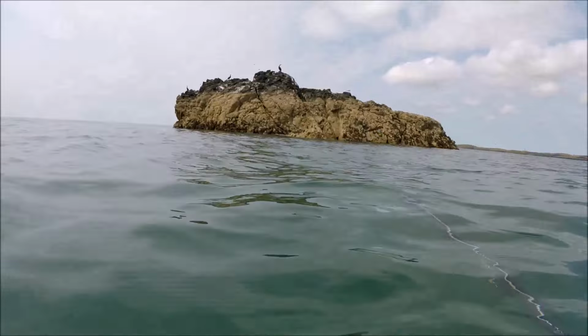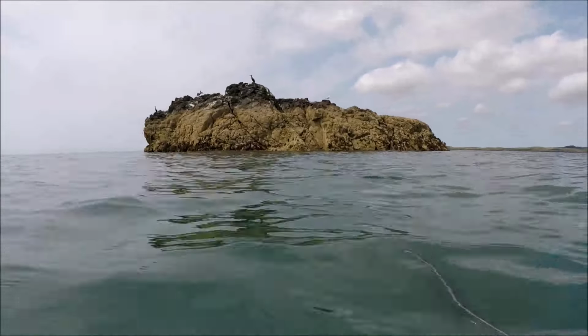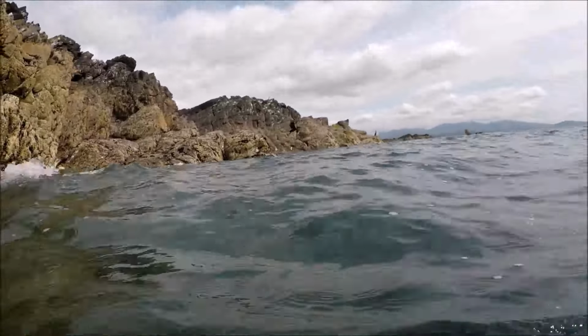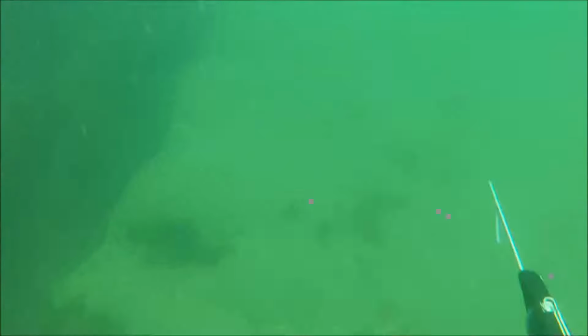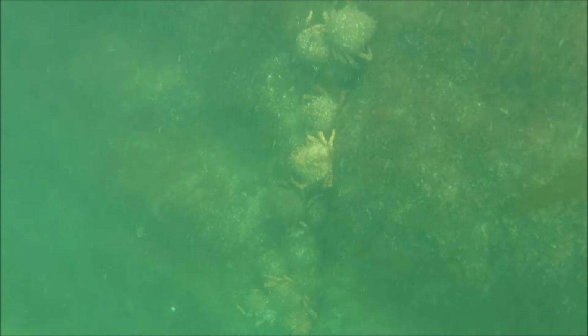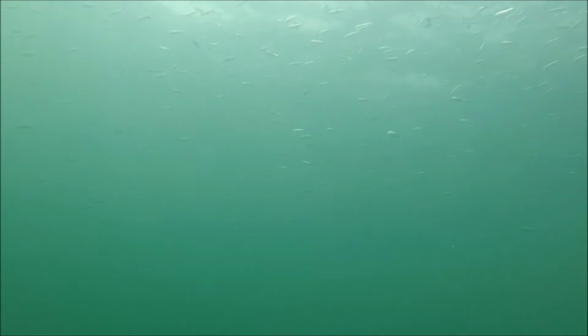Headed out to some offshore pinnacles, and we had some truly spectacular diving off these pinnacles. Now I started out actually hunting for flatfish, I was hoping for plaice on the bottom, came across this massive concentration of female spider crabs. This was quite cool, to be all clustered together like this. And then did a bit of aspetto diving, having seen all of these baitfish. It's about a 50-metre baitfish shoal. I knew there'd be some bass about,